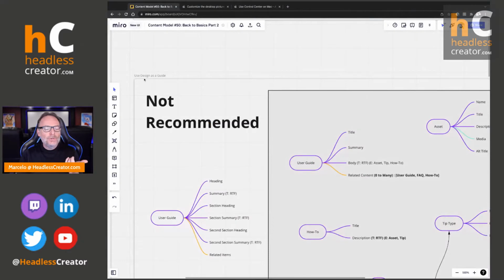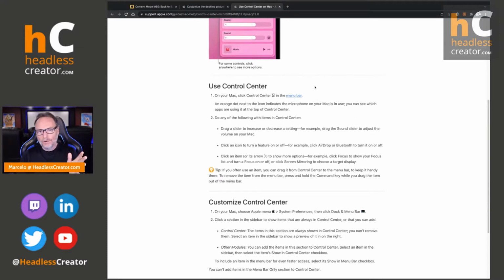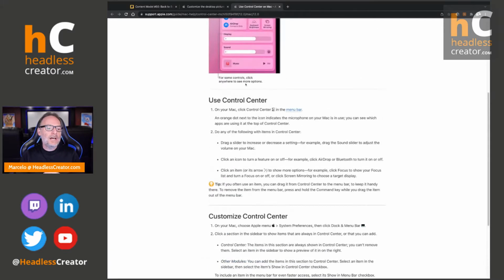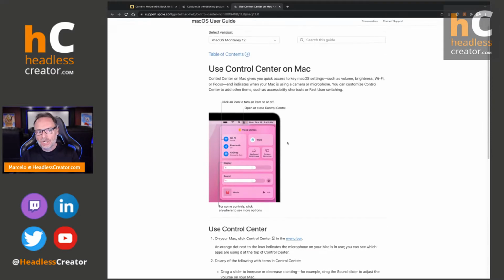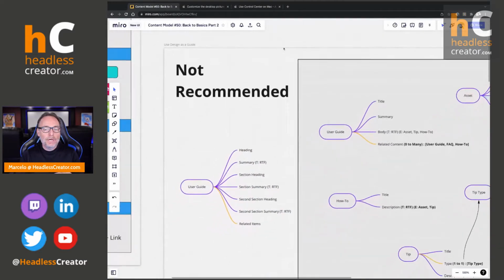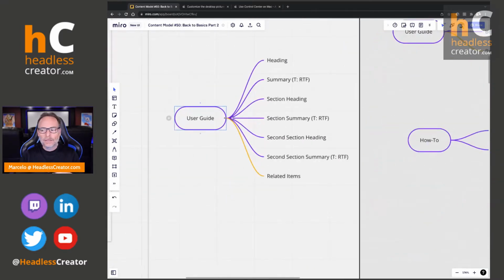So use design as a guide. Let's say you're working with your customer, your stakeholders, and you've got your designer there, and they go, hey, we need to deliver this page. We want this in our Headless CMS. So can you just model this page so we can start creating a whole bunch of these? And yeah, documents are going to have sections, and a summary and an image and some related articles. So of course, the quick way to do this is let's create a user guide content type right